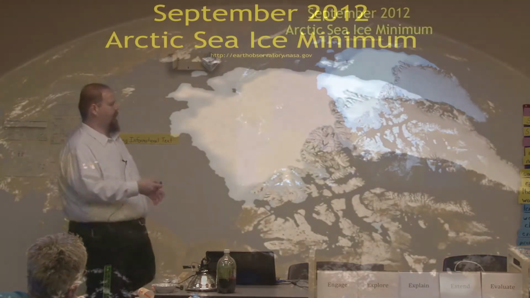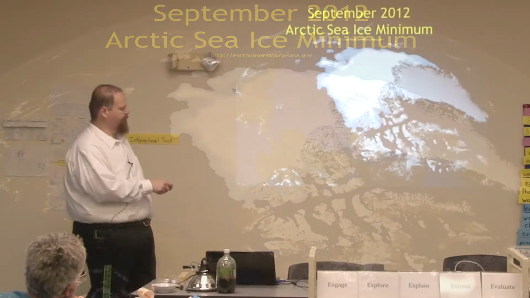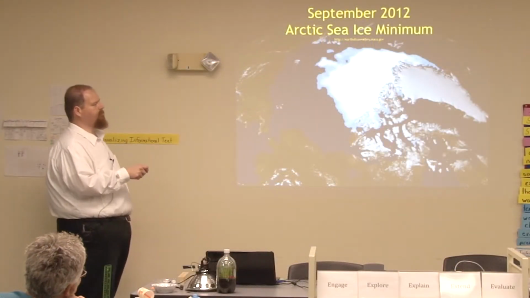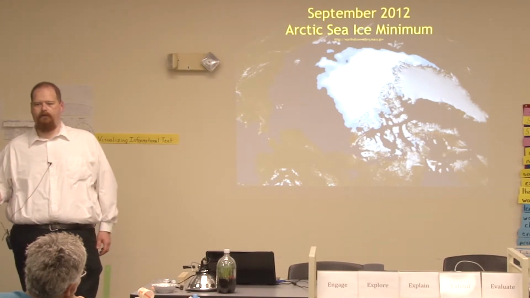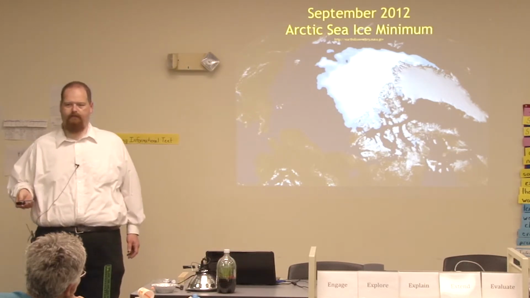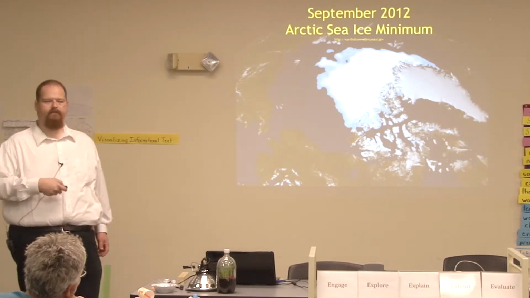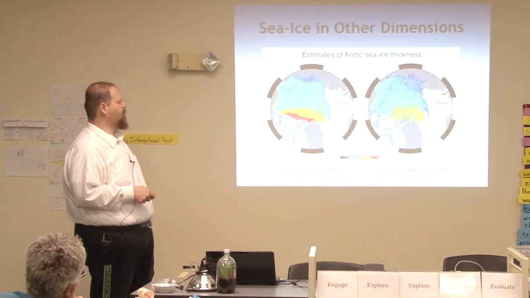Okay? But this was last year. So you can see the Northern Sea Route here along the Russian border, completely open. You can see the Northwest Passage is completely open. And this is the least amount of sea ice that we've had in September since the satellites began. Right now that's what we can say based on the satellites: in our lifetime, this is the least amount of sea ice that we've seen in the Arctic.